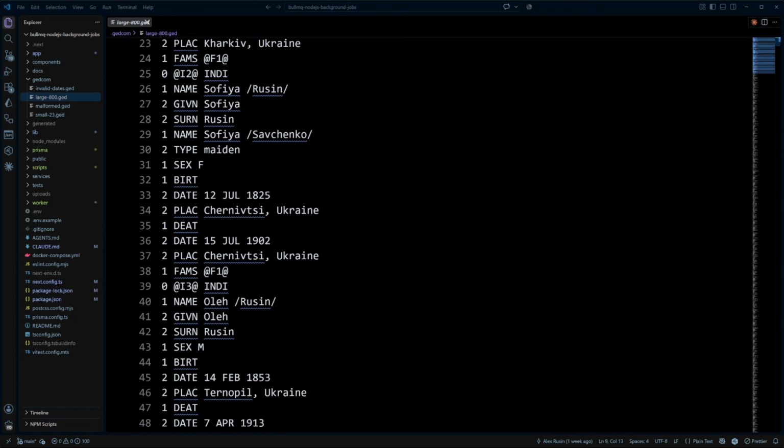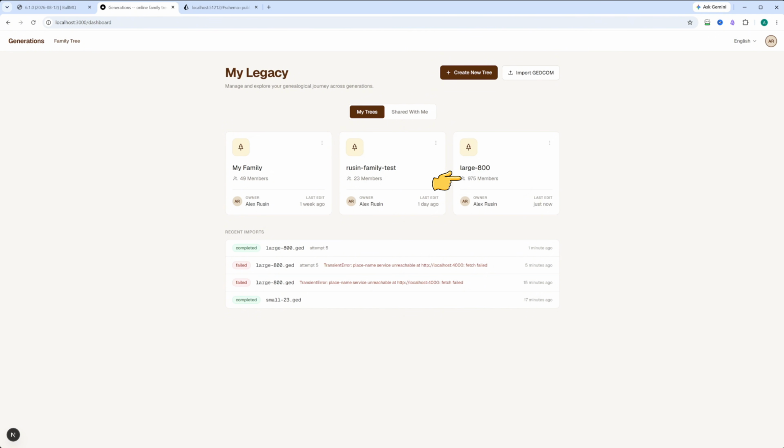This file has 800 people in it. My app just imported 975. Nothing crashed, no error, no failed job, no red anywhere. The import ran, hit a service that was briefly down, retried the way I told it to, and finished successfully,